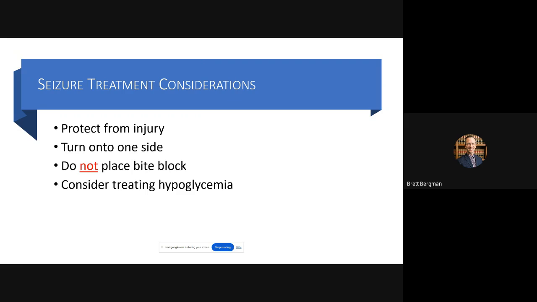And then you burn a lot of sugar and energy when you have a seizure. So it is common that people after a seizure may be hypoglycemic. So you might want to be thinking about that once they regain their normal faculties and are a little bit more alert and oriented. You're not going to give it to them while they're unconscious, but that might be a patient that you give some type of sugar to help reverse any hypoglycemia that might be going on.